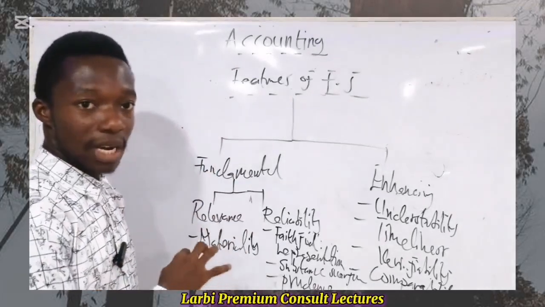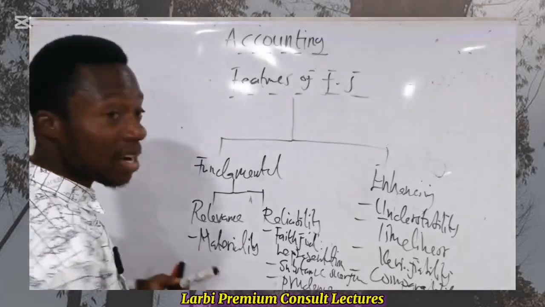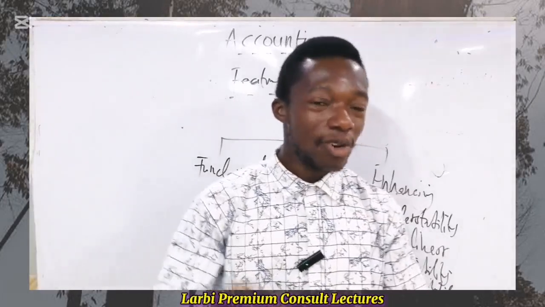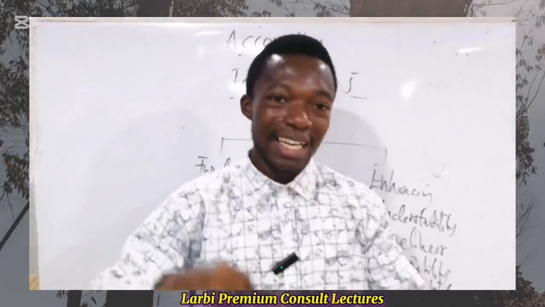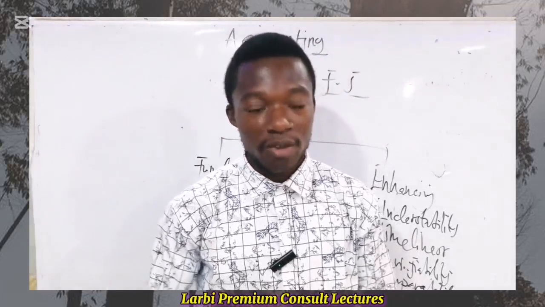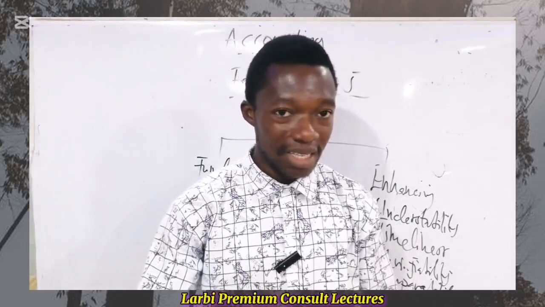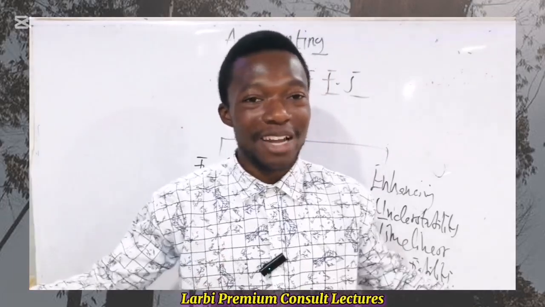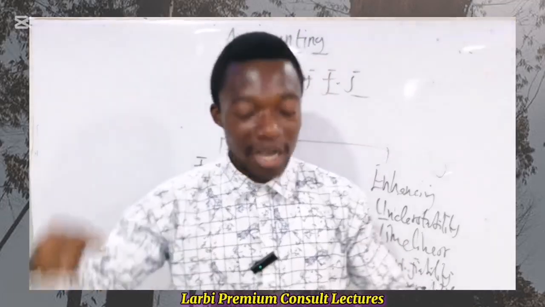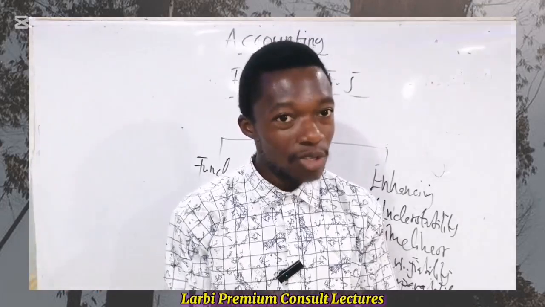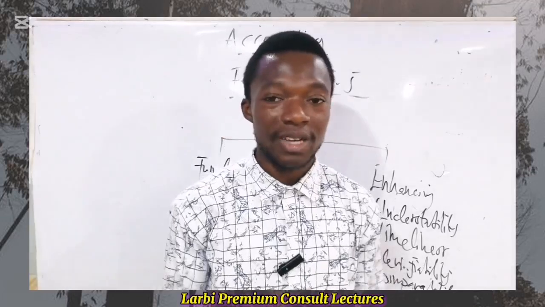That is materiality. So when we say materiality and relevance, it has to do with if something is material, then we are saying that its omission or misstatement can tend to affect the decision that's going to be made by the users of the accounting information. So if something is material in the financial statement and it can affect or influence the decision that's going to be made by users, then it must be disclosed in the financial statement.